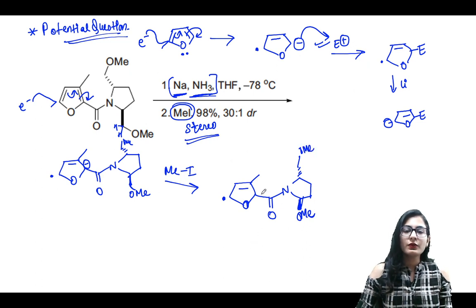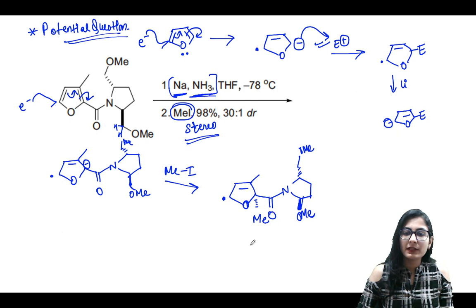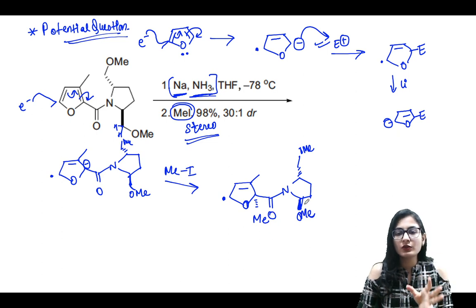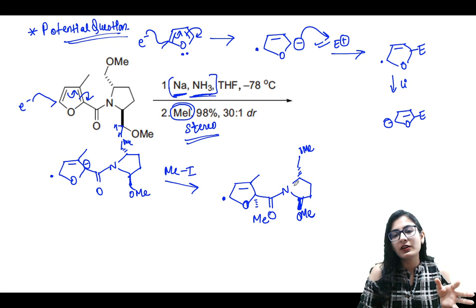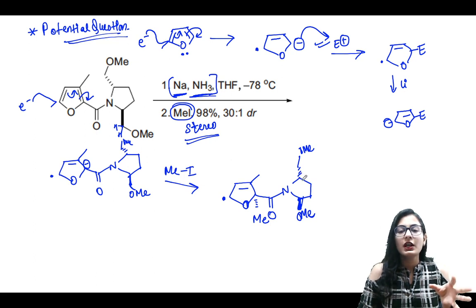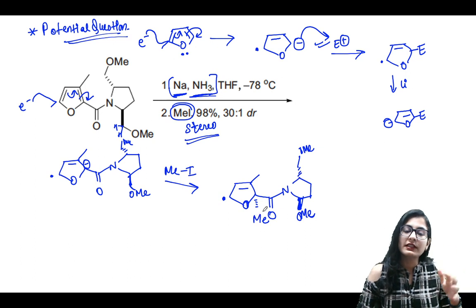Okay, so what do you see? We see that now the methyl is going to be added over here on this carbon, but it is going to be added below the plane, since this carbon is a little bit closer and it is influencing the stereochemistry. Now you might ask, ma'am, here also this carbon is closer, so you can expect this carbon to also influence and it can go above the plane.